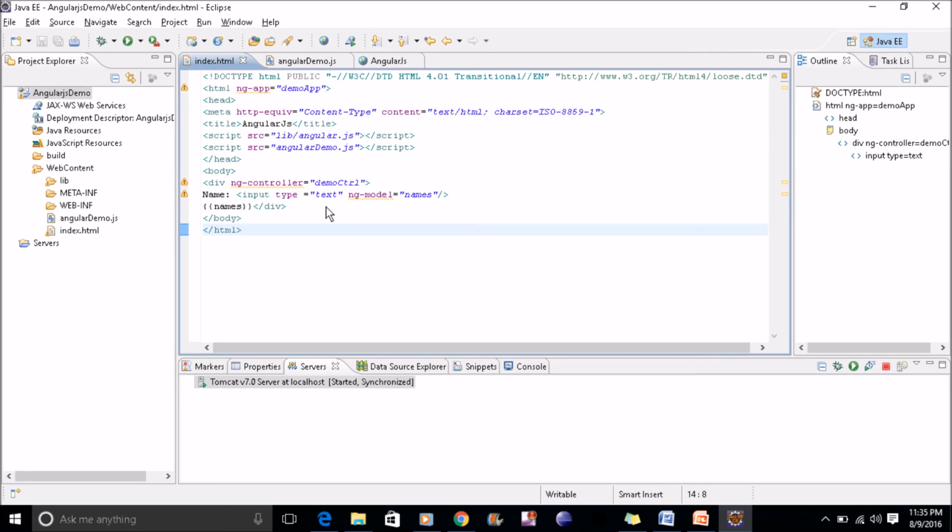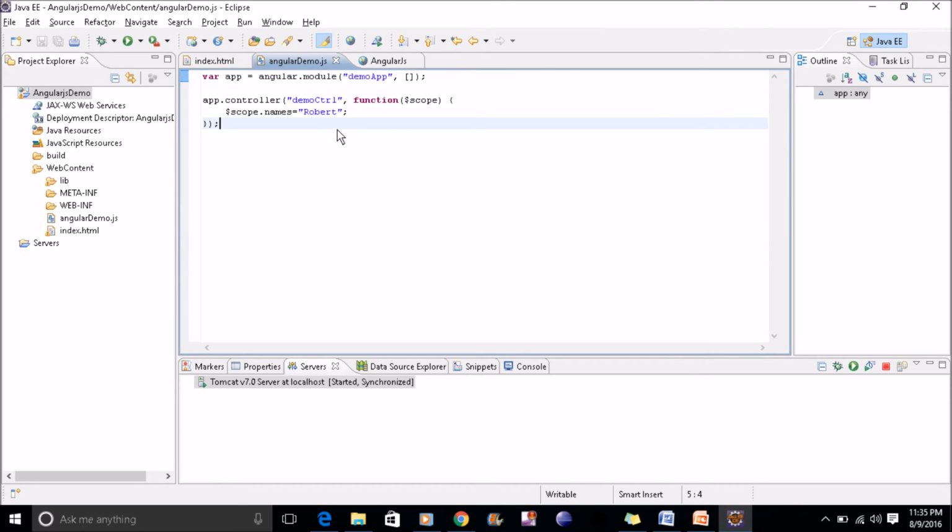Now we'll go to our original example. What I'll do, I'll create this name as an array. I'll give one more name, Steven, and then I'll close this. I'll create this scope and add will be my function.